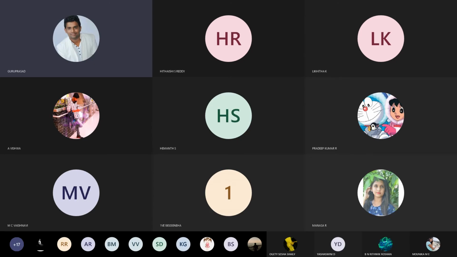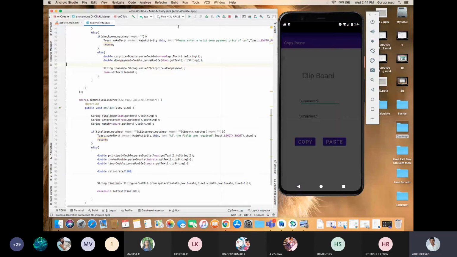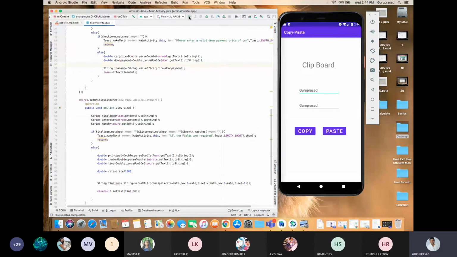So can I run this program? I'll share the entire screen with an emulator. I'll stop this, then I'll run the program. You need to get the output.